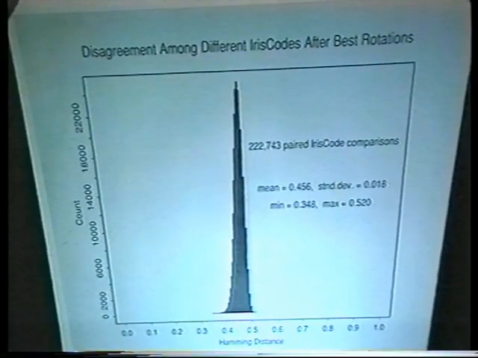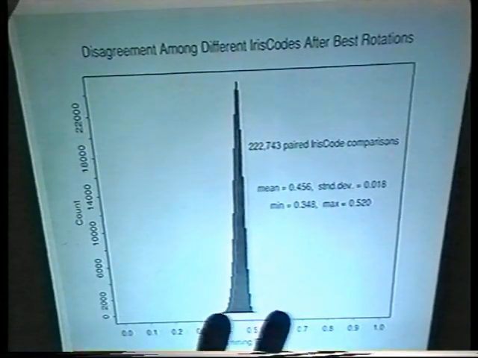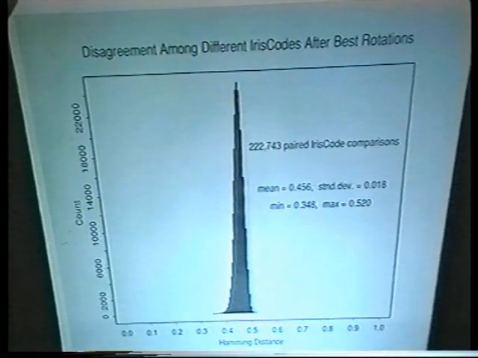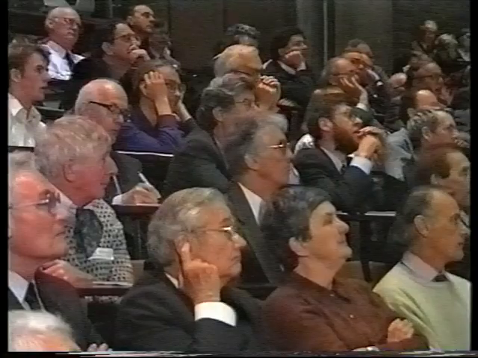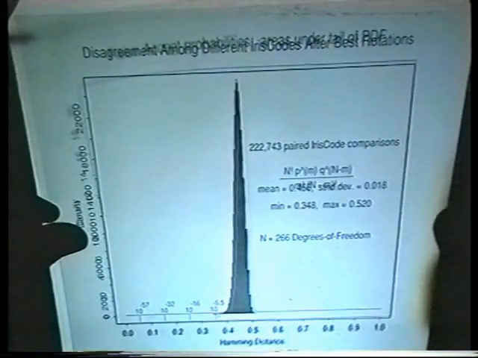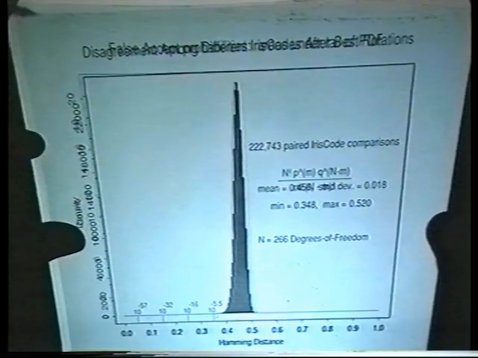Of course, we have to do comparisons over many different orientations because people's heads are tilted and the eye itself rotates in the socket. Doing the comparison at many orientations and keeping the best match gives us this distribution, which is skewed to the left because you've sampled several times from a distribution to keep an extreme value. There's a theory of extreme values of distributions, and we understand the curve that it should generate, and that is this curve. It's something you can easily compute from the cumulatives and densities of binomials.